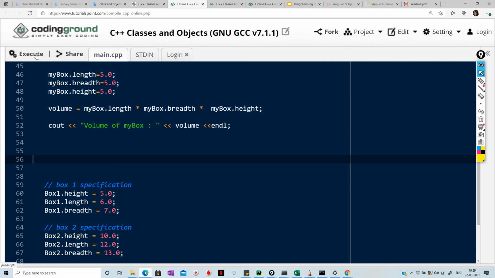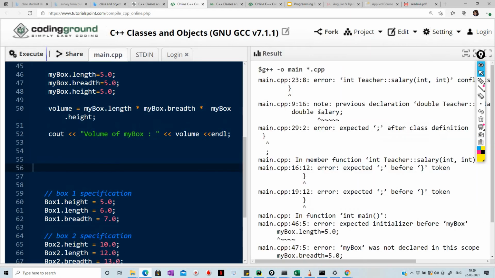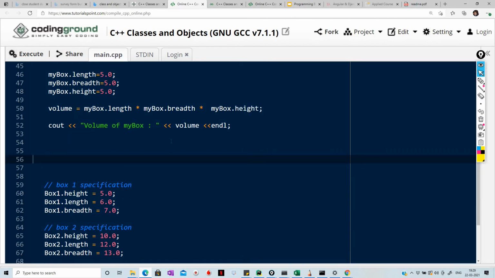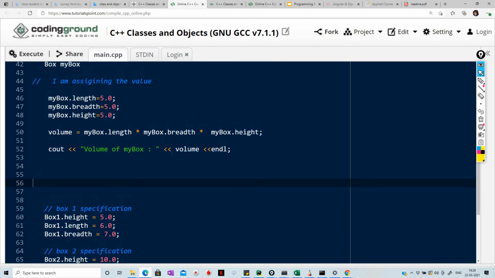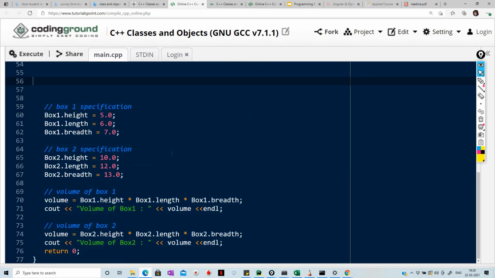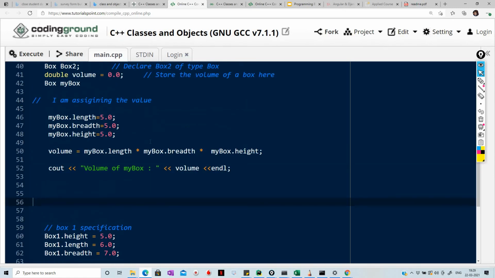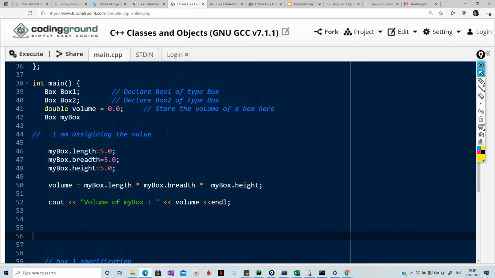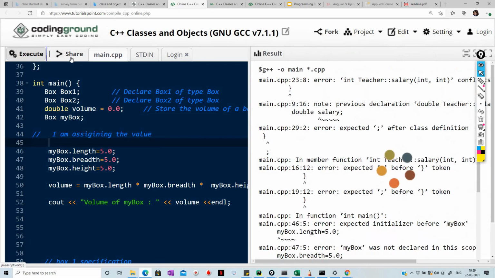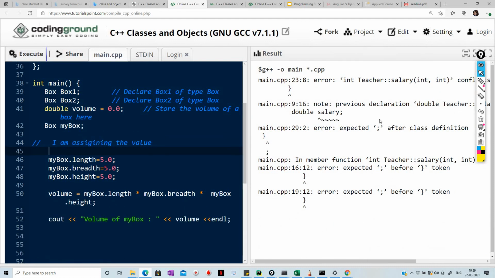Okay, let me execute that code. Okay, there is some error, and that is obvious because of my mistakes. Let me read it. Where is the mistake? Okay, for this thing, I forgot the semicolon. Okay, and now if we execute the code, again some error.